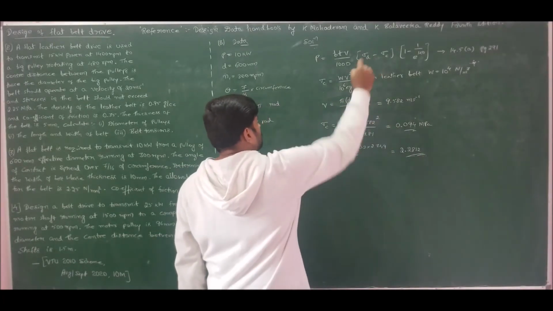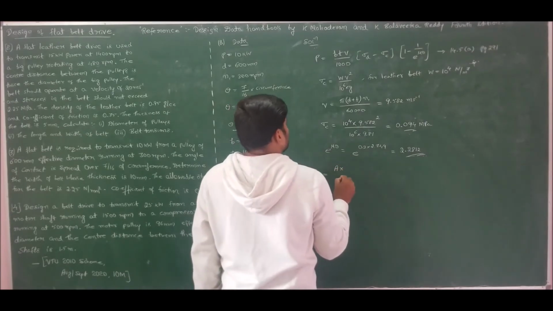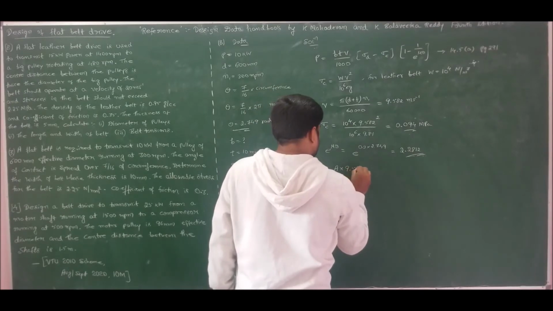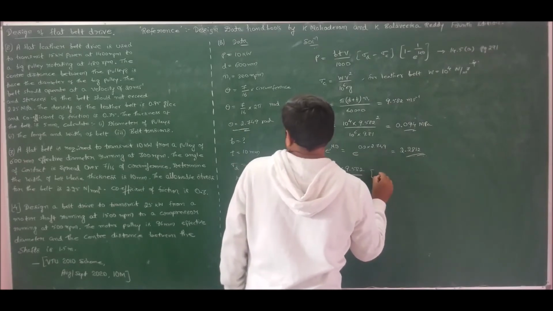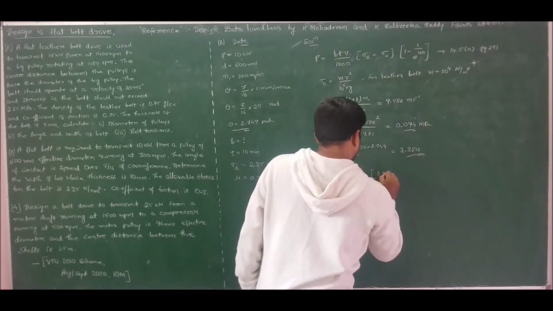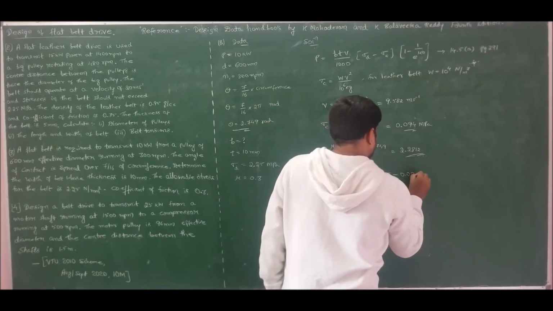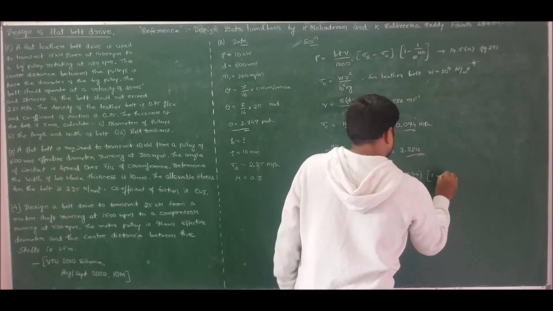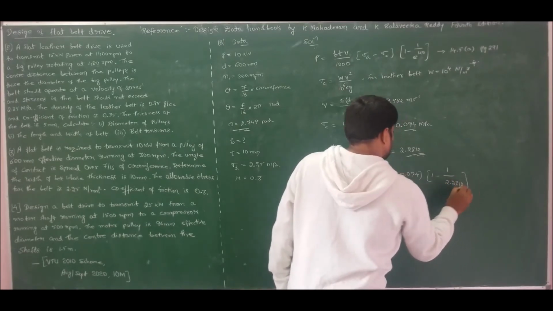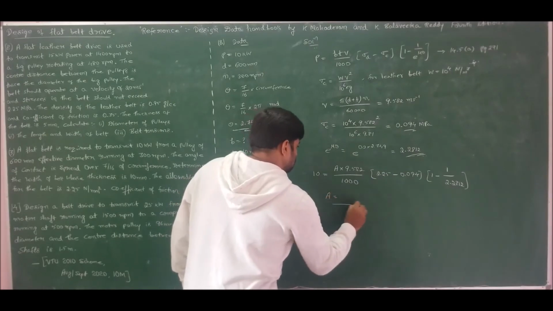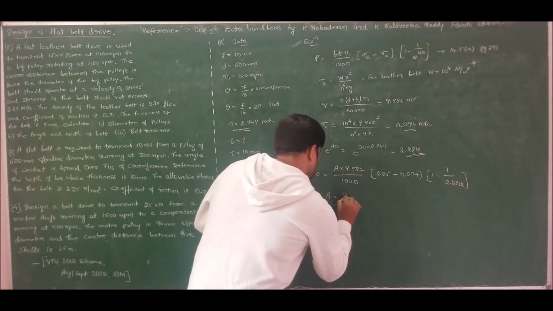So now if I substitute the power equation and solve, I'll get the cross sectional area as B into T is area, velocity is 9.582 divided by 1000 times design stress, which is specified for us as 2.25 megapascals, minus sigma c is 0.094 times 1 minus 1 by e to the power of mu theta is 2.2812. So if I solve, the cross section area of the belt is turning out to be